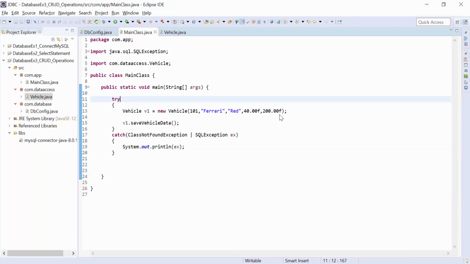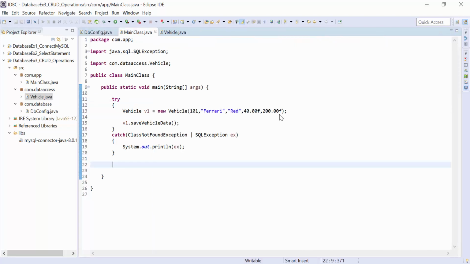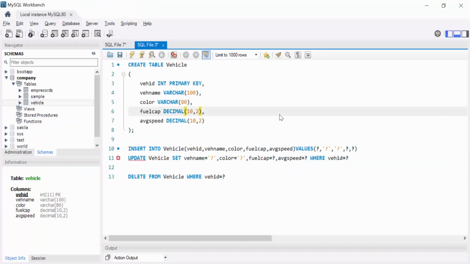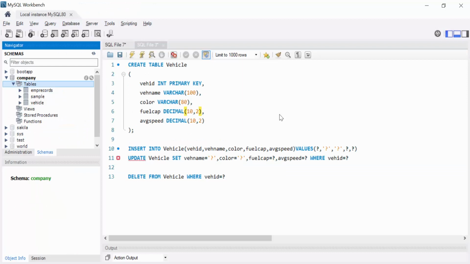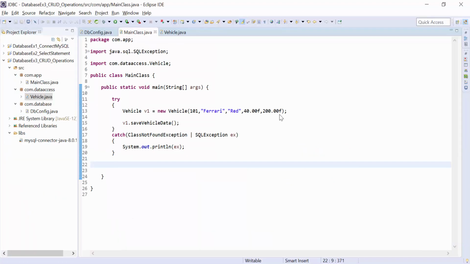Now it will work. That's it. Because in the console we don't have any System.out.println, we need to check in the database. So in the database, refresh the schema and click on show table data. You can see the data is inserted. Okay, so like this we can insert data to the database.